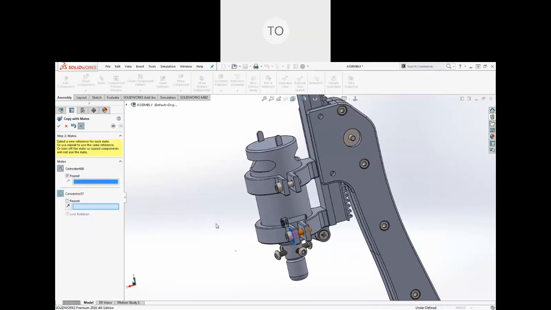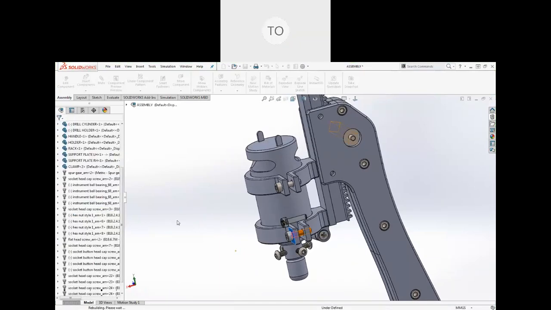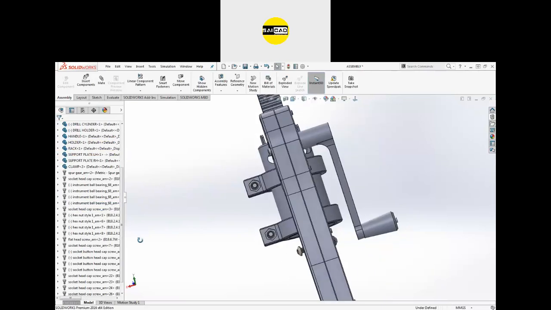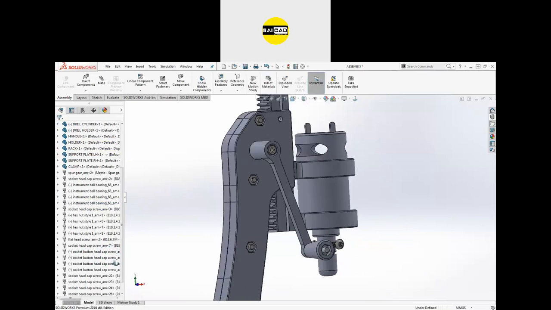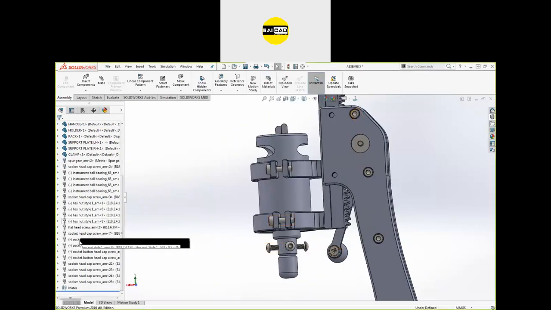Again, we have a similar option for how to use the bolt. So for the bolt, I think we should have it here.